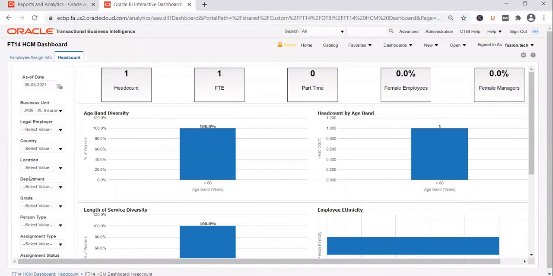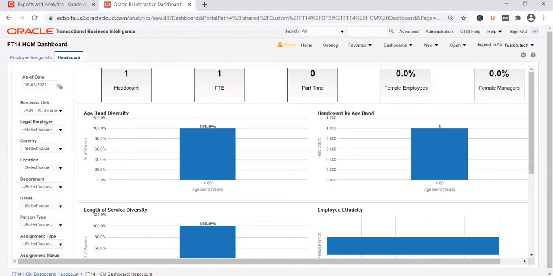So what we need to do is edit the dashboard prompt, make the change, and then try to save it. When you try to save it, it throws an error saying that this dashboard prompt is used in other seeded dashboards as well, so if you save it, those will get impacted. You won't see that entire detailed message. It just says that customizations are not allowed on factory delivered content.